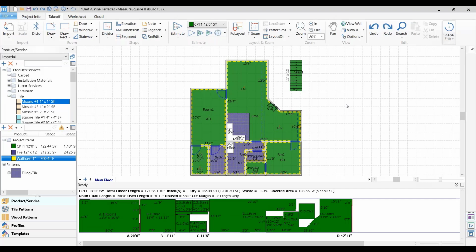This video will walk you through how to lay out the products and estimate your rooms for this unit. In addition, we will also cover how to duplicate the units by layer. Let's now go over how we add seams, adjust the cut sheet, and also change the layout direction of our